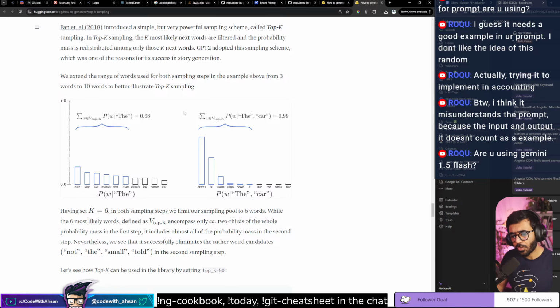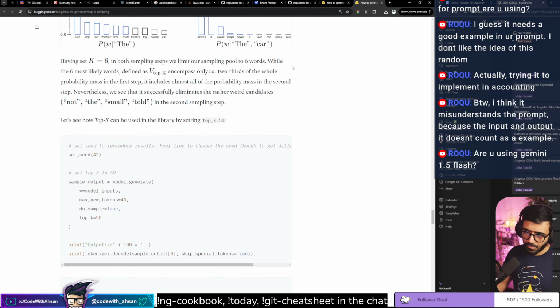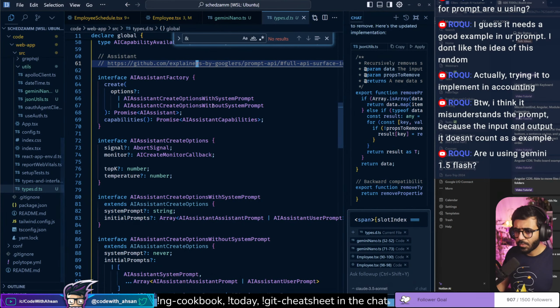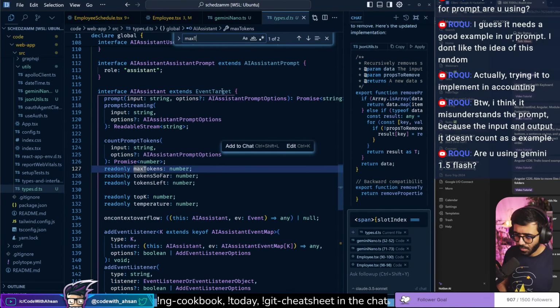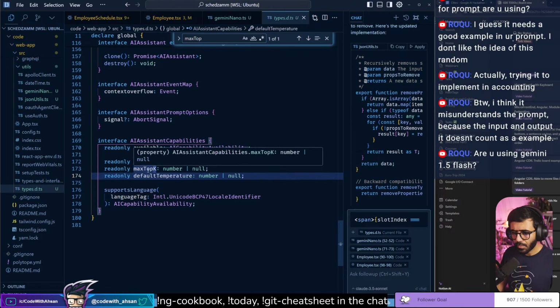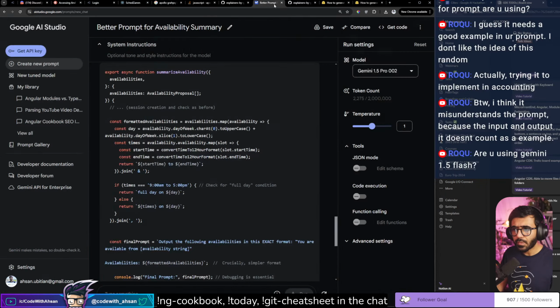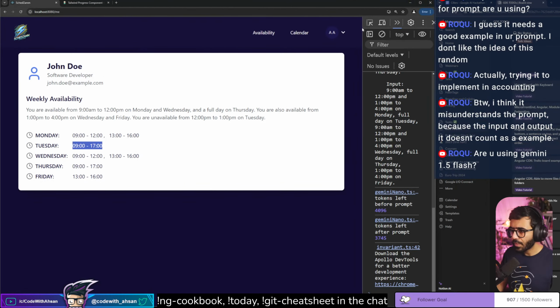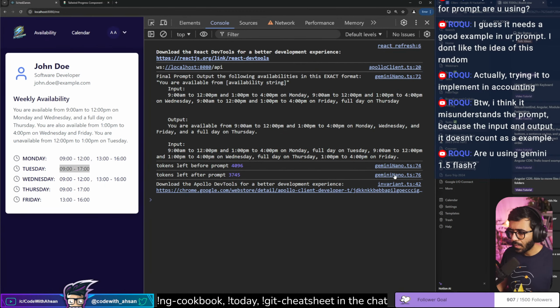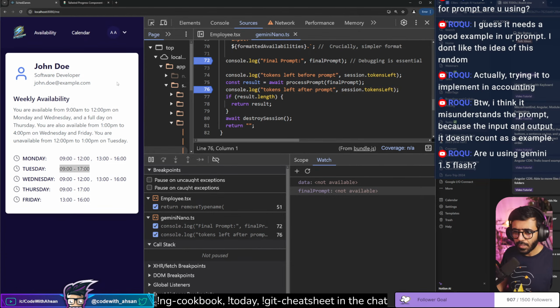If you're looking at the top K in this particular regard, I think it's actually going to be much more. What is the max top K here? What is the max top K number? I want to see what the max top K number is in this one. So if I go here, let's go with this one. So if I refresh,